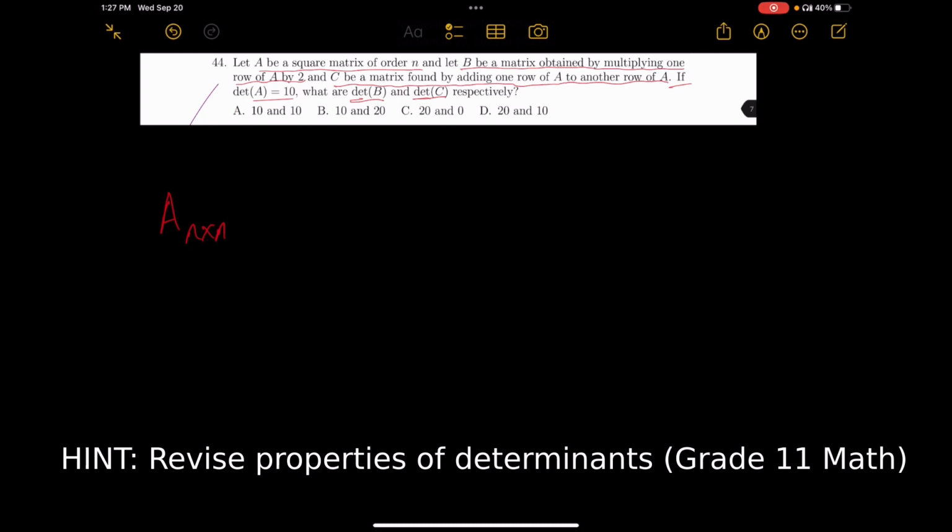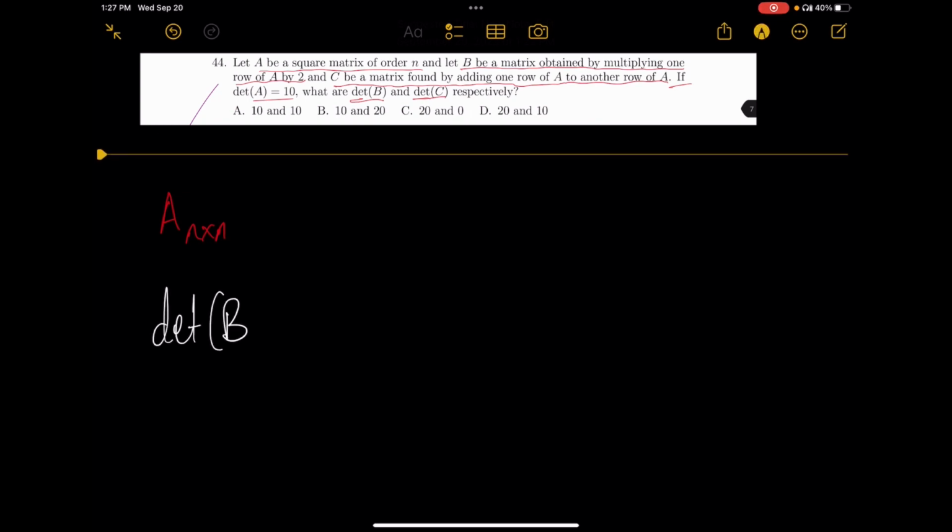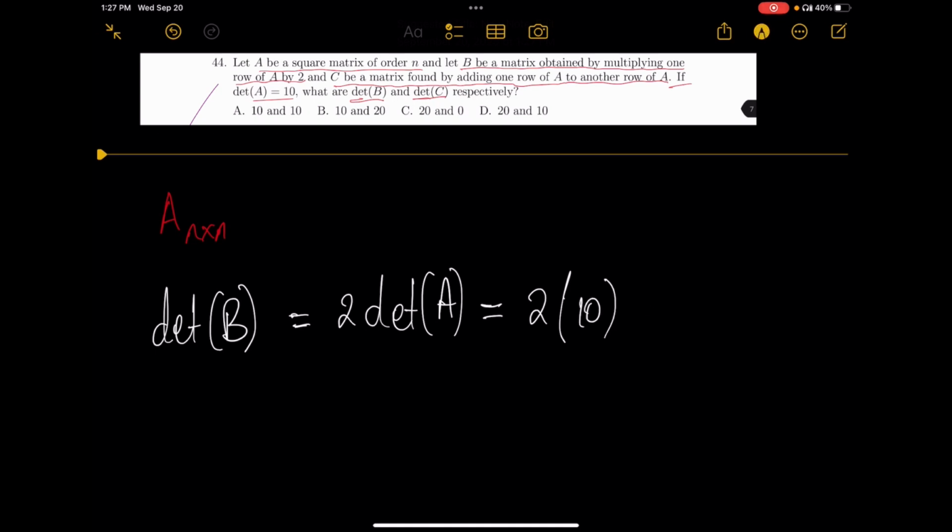and B is a matrix that is obtained by multiplying one row of A by 2. Therefore the determinant of the matrix B would be 2 times the determinant of A. So what is the determinant of A? The determinant of A is given to be 10. That's 2 times 10, which is 20. And the other one is C,